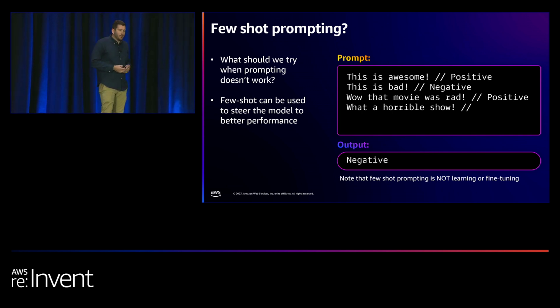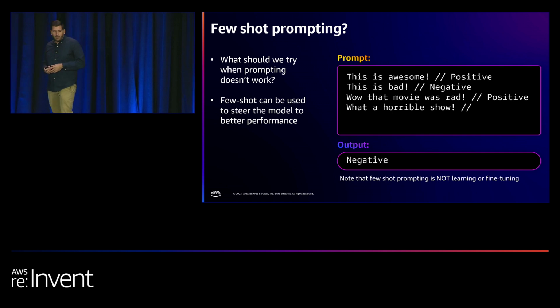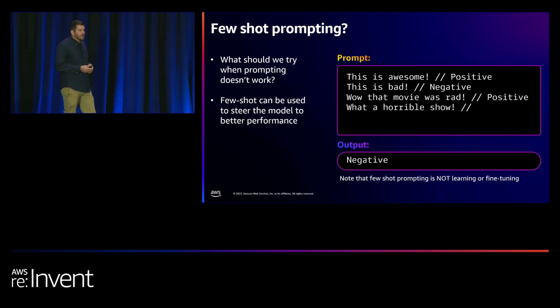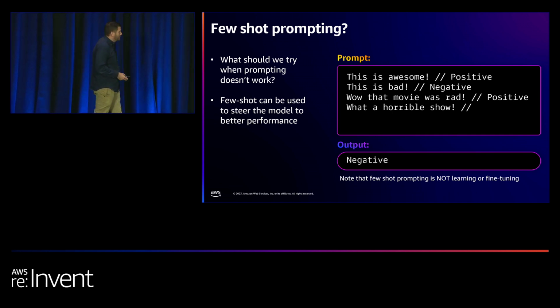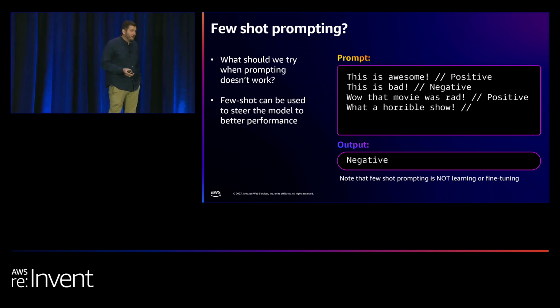So in this example, this is known as sentiment analysis, another traditional natural language processing technique. And here we're analyzing text for sentiment. So this is a pretty simple prompt for these large language models. And we're saying this is awesome. Okay, that's positive. This is bad, negative. That movie was rad. Okay, positive. Now we want it